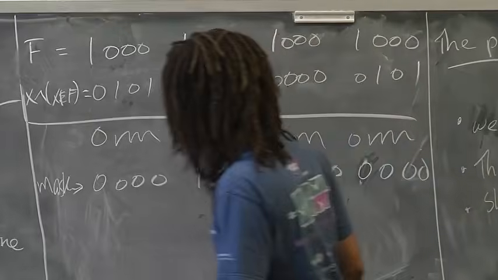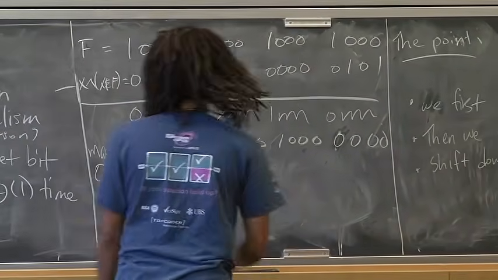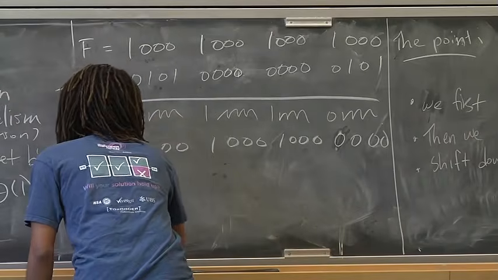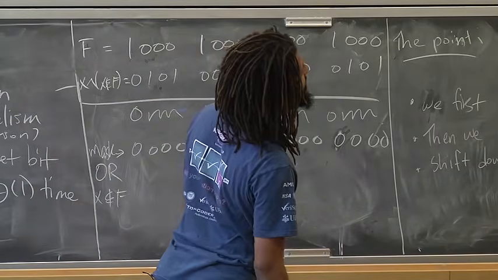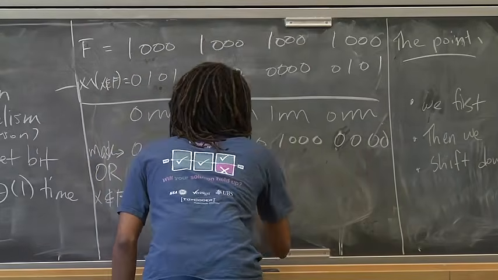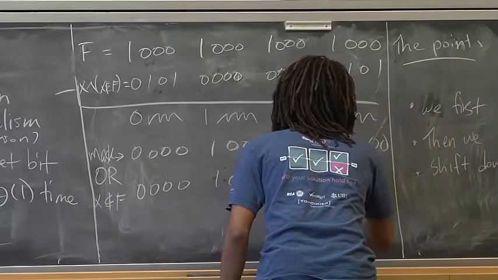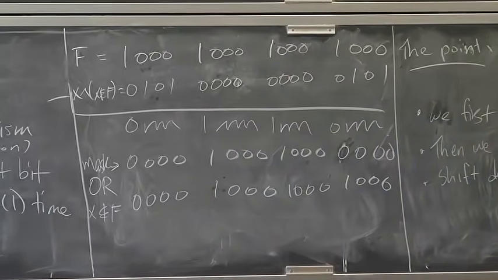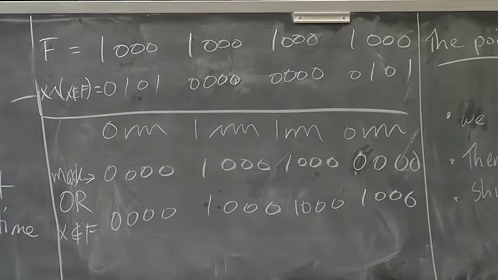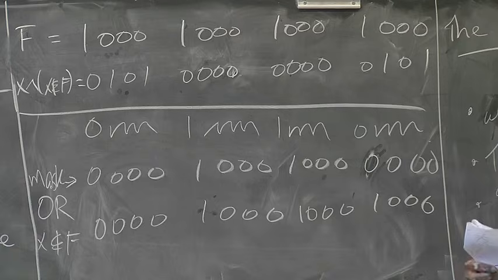Right? So I OR back in x and f. And then I get 0, 0, 0, 0, 1, 0, 0, 0, 1, 0, 0, 0, 1, 0, 0, 0. Great. So now I know exactly which clusters are non-empty. The clusters that have a 1 in the leading position and 0 else. So this cluster, and this cluster have stuff in them.